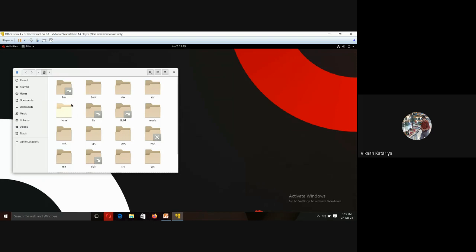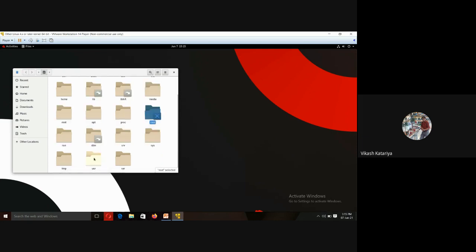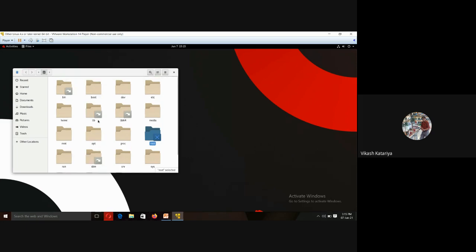the home directory. And there are so many folders available, like media, by which we can connect additional hardware devices, and mnt, like mount. If you connect some other drive of Windows, then you have to mount that partition with the Linux machine. So you can share your Windows partitions with Linux also. That is the purpose of the mount directory, right? And that is the root directory, which will not be accessed by a privileged user. It is only used by the root user.